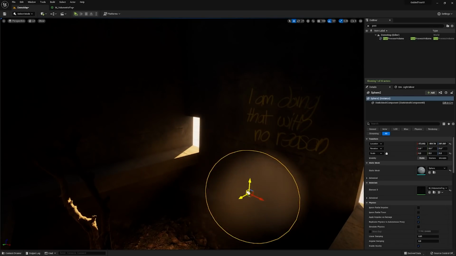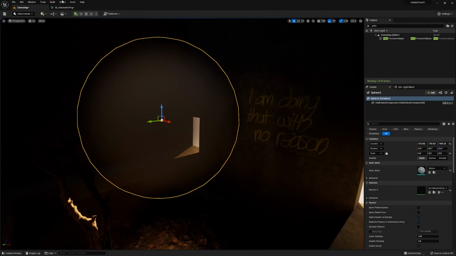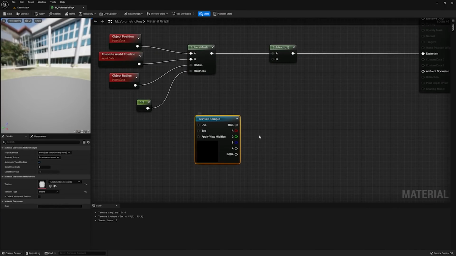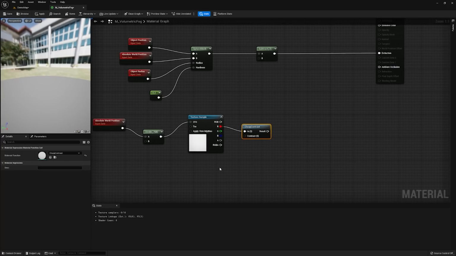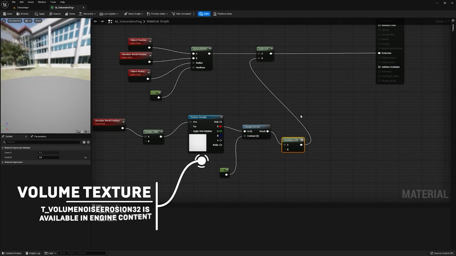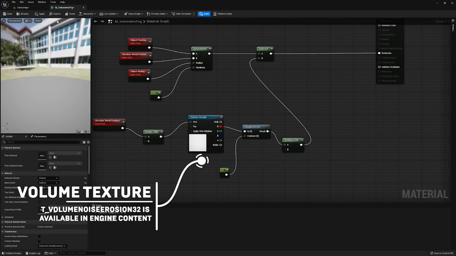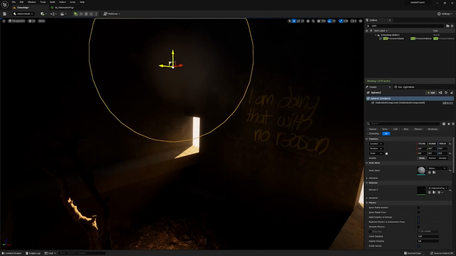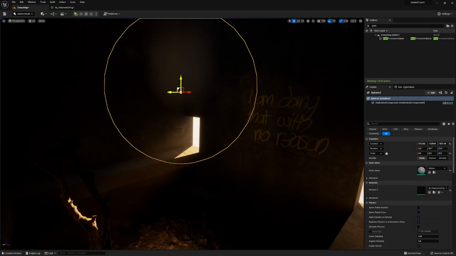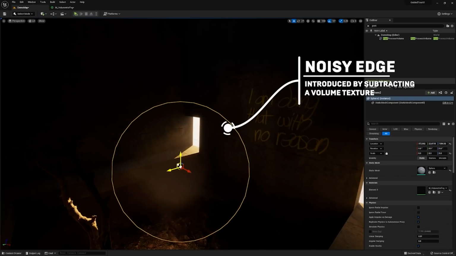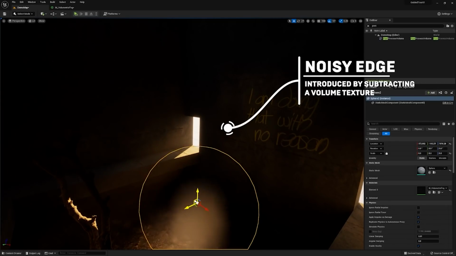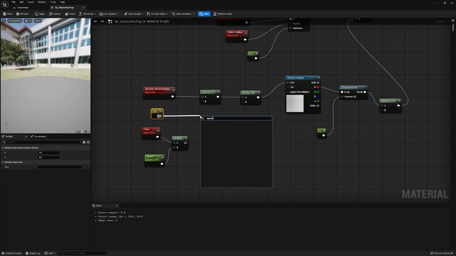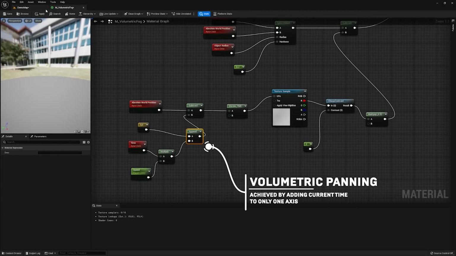Now, we can also tinker with this a little bit because it's nice like this. But if we want, we can subtract some noise from a volume texture, much like we did with the decal, but in 3D. So this will create a more smoky look. Again, don't stress if you can't just whip up one of these materials on the spot. I'm doing my best to freeze frame on some of these shots, but in addition to this, we'll do our best to get some tutorials up in the near future for the community to access more readily. Finally, if we add panning to the z-axis, we can actually create smoke that slowly moves up over time.